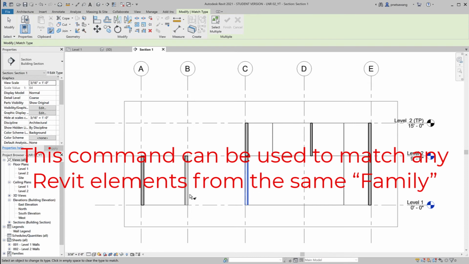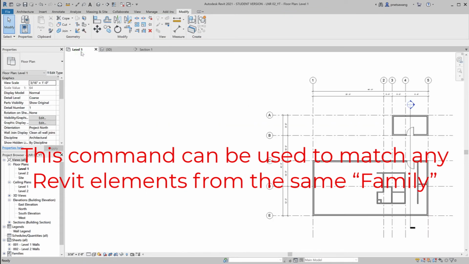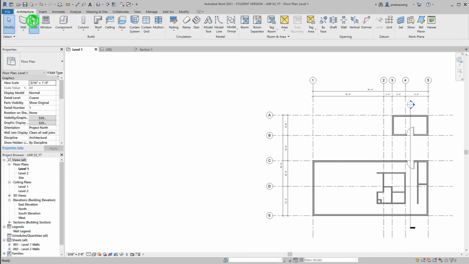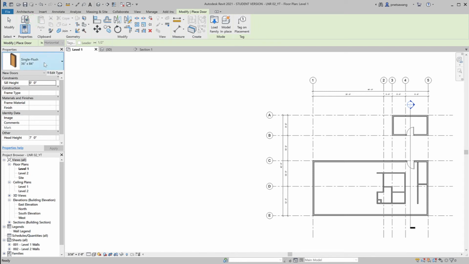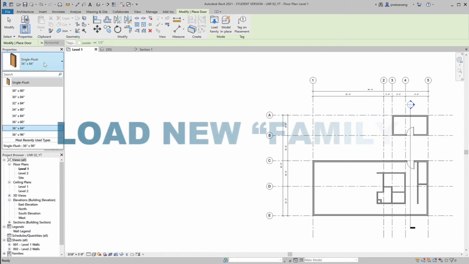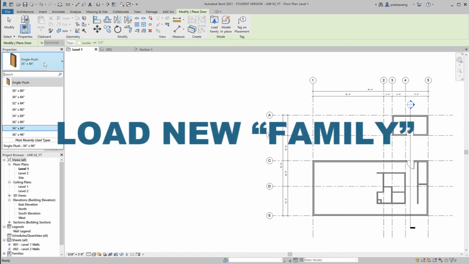Let's get out from this command and get back to our floor plan. So I'm going to hit escape twice and click on level 1. This time I want to add a sliding door. So I'm going to go to the Architecture tab, then go to Door. Under the type selector, there is no sliding door, so I'm going to have to load one. To do that, on the ribbon, click on Load Family,